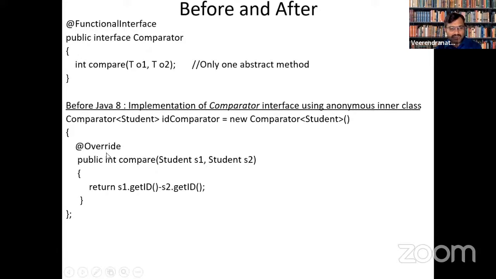What we are doing here is overriding the compare method, because when you are implementing the interface, it is mandatory to override the compare method, or any abstract method that is available in the interface. This is before Java 8. So before Java 8, this was the thing that we had to do.